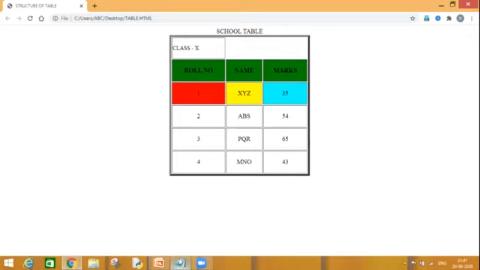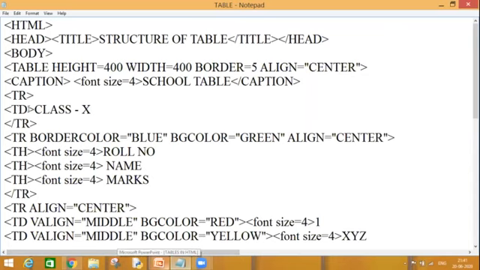How will I do it? In my TD tag, I will write colspan equal to 3 because I want to merge my 3 columns together. So I will write colspan equal to 3. That means spanning 3 columns together to form a single one.